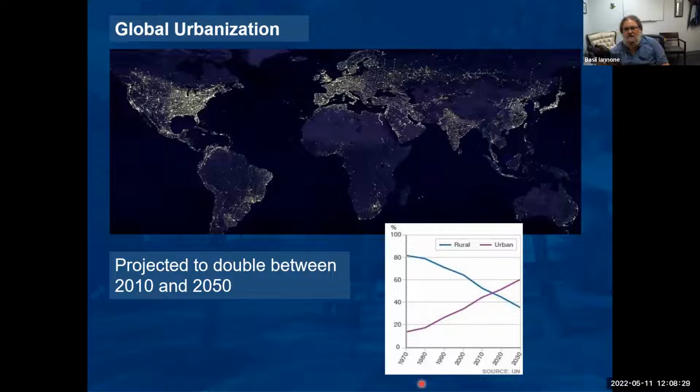What this photo shows here is the night sky from space. And you can see the lights, and you can see the United States over here on the left is a very urbanized country when we see this from the perspective of lights. And this is data from the UN, and we've experienced something really profound in our human history: we have switched from a rural species to a mostly urban species, and this is increasing. Humans are becoming increasingly more urban. And in fact, the urban areas are projected to double between 2010 and 2050. So this trend is not going away.